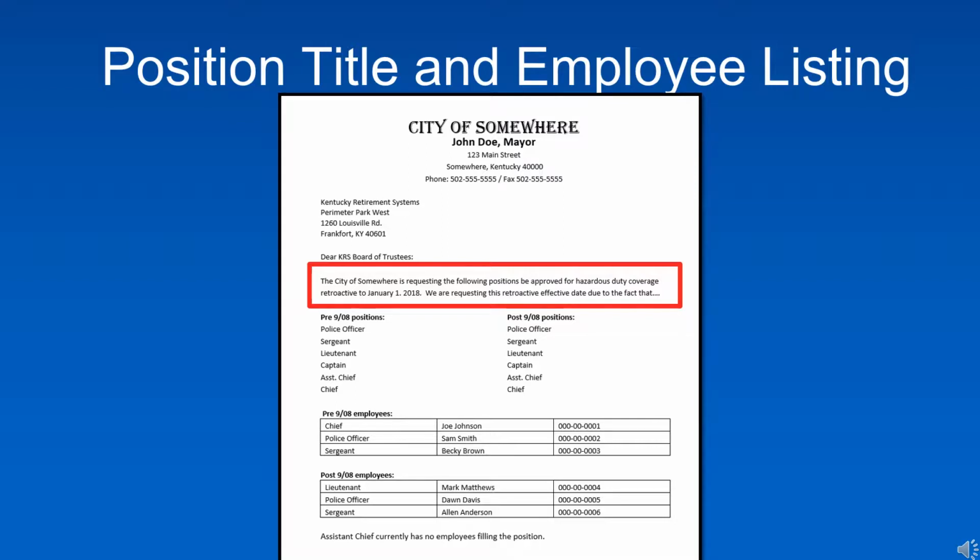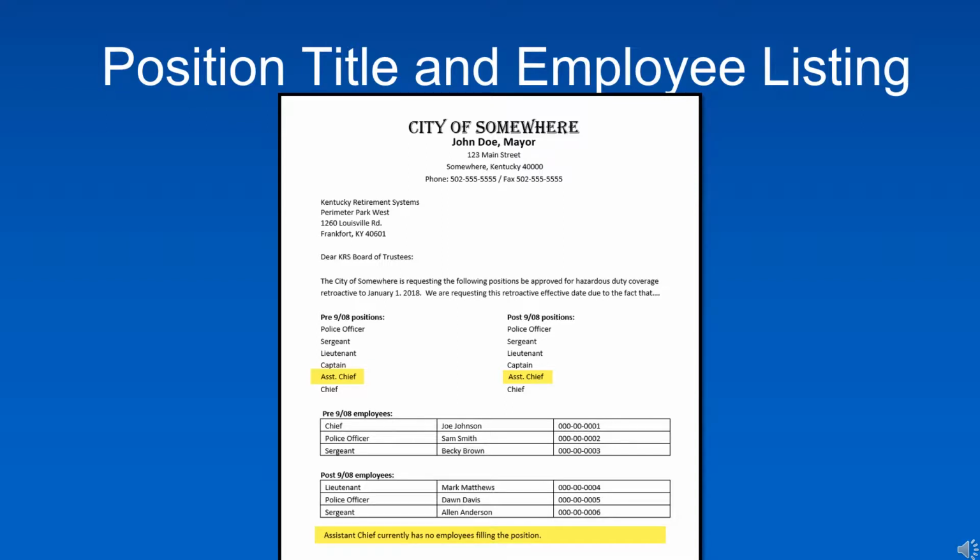If the agency is petitioning for a newly created position, that title needs to be on the list of job titles, but if there is no employee currently in that position at the time of the petition, please make a note of that within the employee list. The representatives within the ERCE division use the information provided within this letter to double-check that all required documents are accounted for on each position and person before we put the agency petition before the KRS Board.